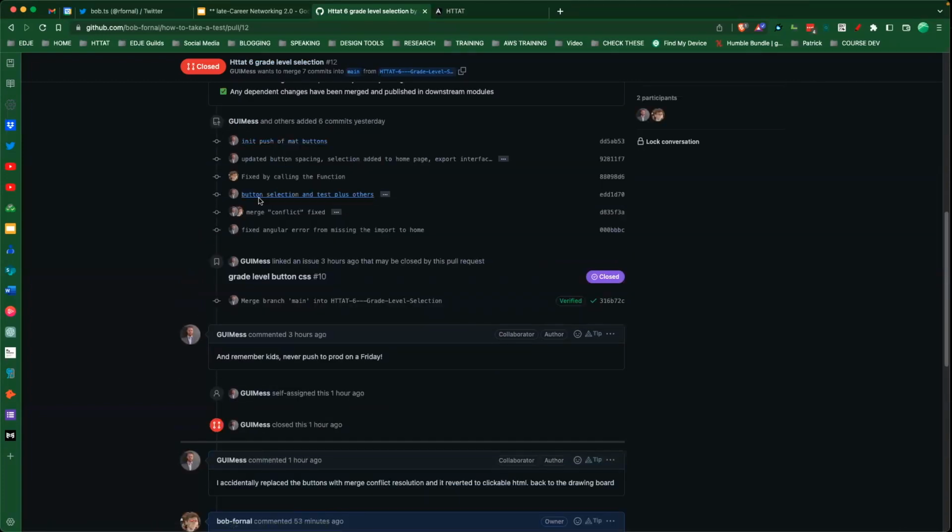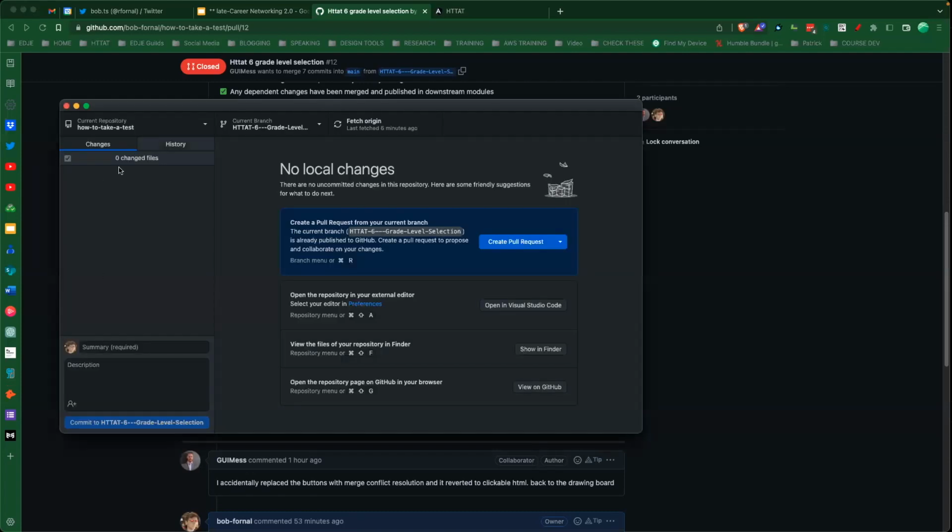you did this initial push, you're pushing, fix the Angular import error. And then somehow you closed the pull request and then merged the main branch in, which seems like an odd order to do things. Yeah, I think it misordered it. That's fine. But what we can do is, and this is one of the nice parts of the online GUI